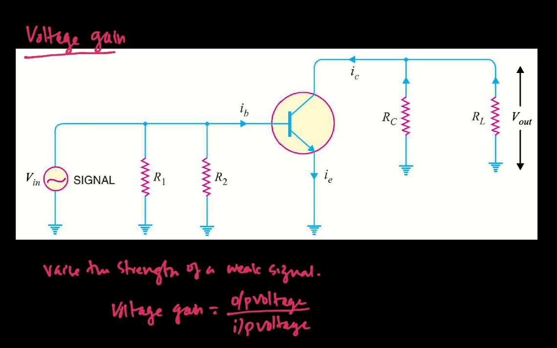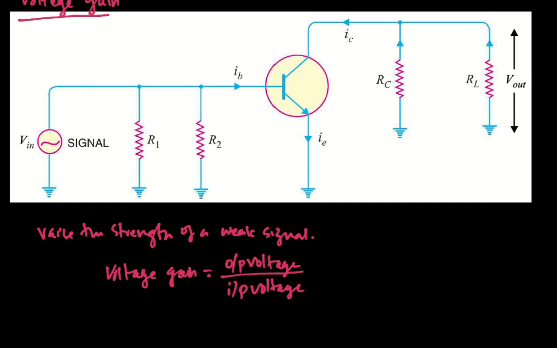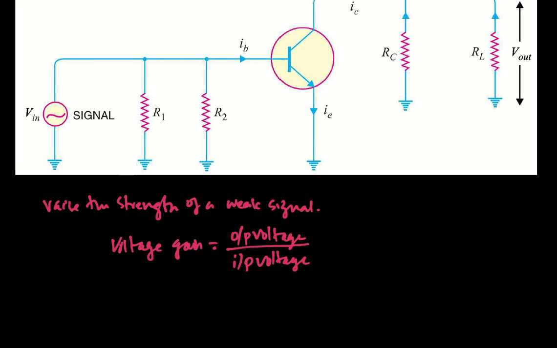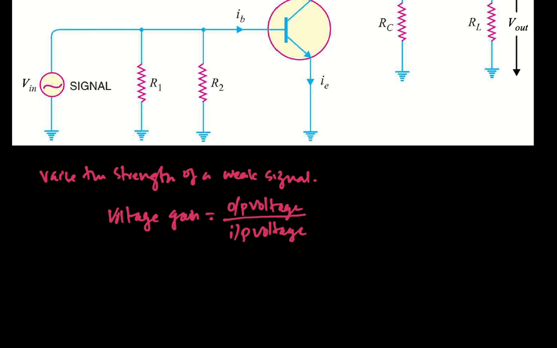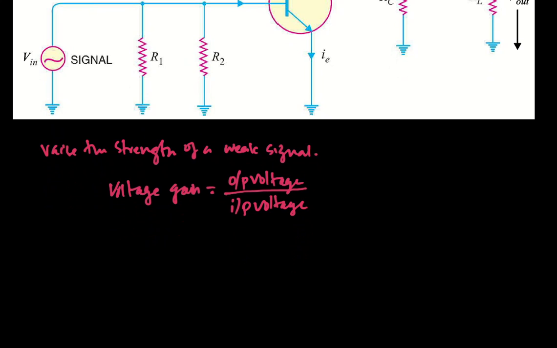To discuss the voltage gain, we need to consider only the AC equivalent circuit, because we need the AC output voltage and the AC input voltage. So we know that the output voltage V out is equal to the output current, that is IC, into